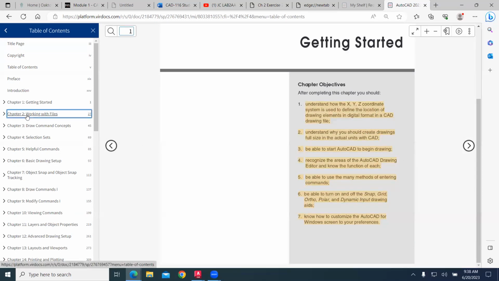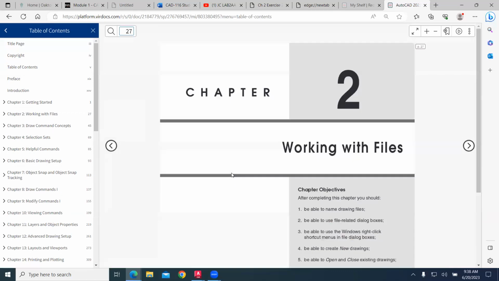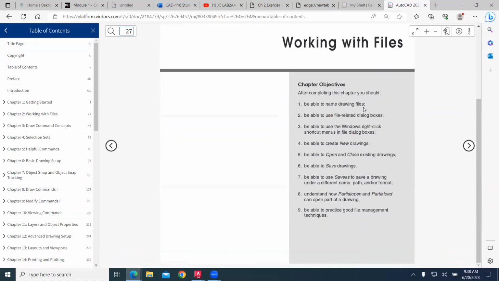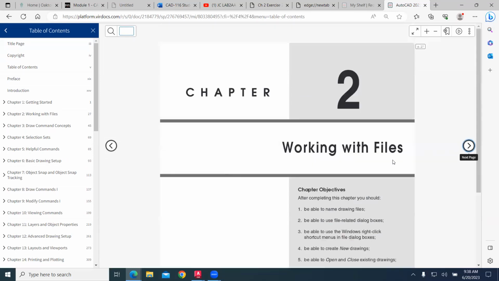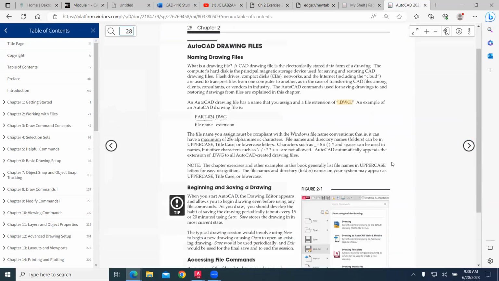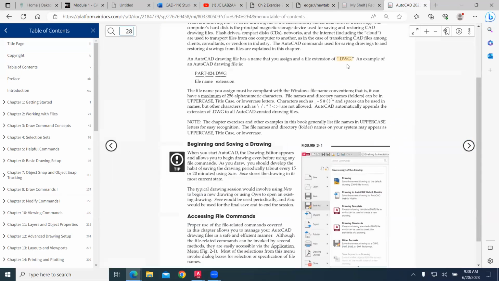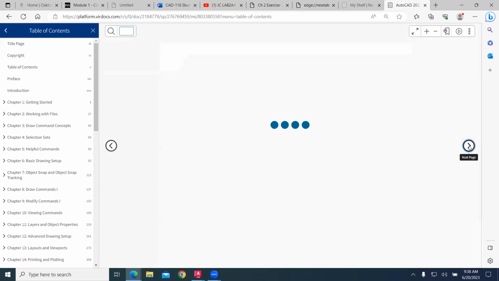Chapter 2 is on working with files, being able to save drawing files, open templates, and work with these different file formats so that we can save our drawings as DWG type files,